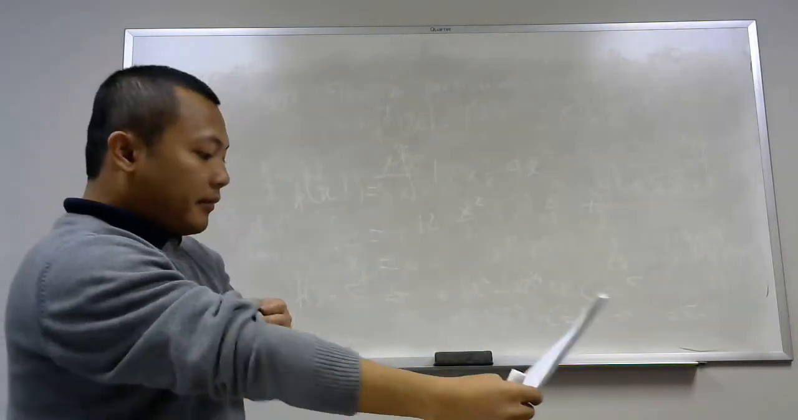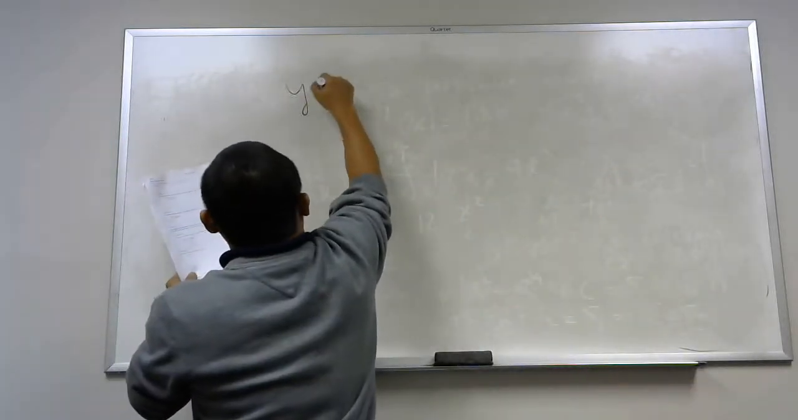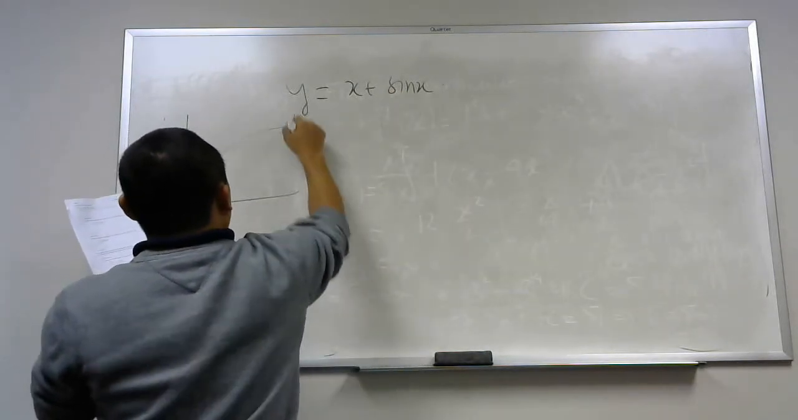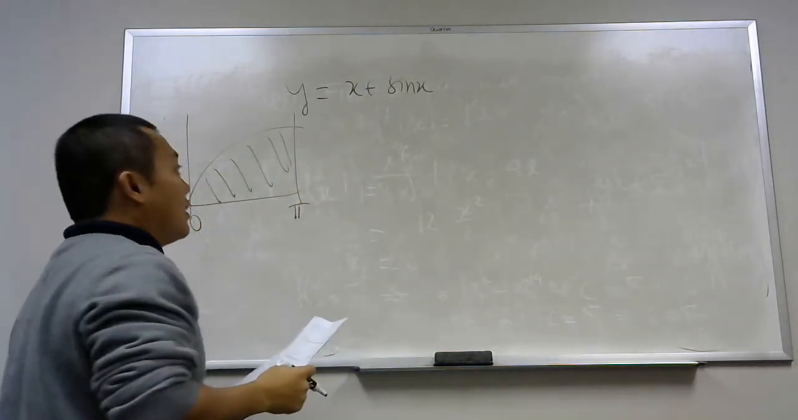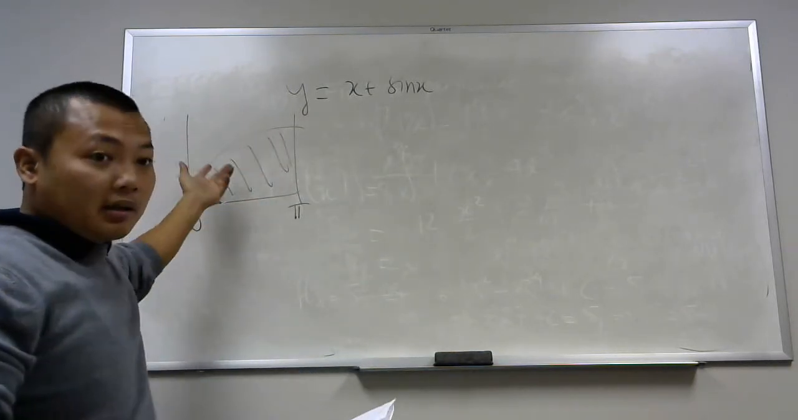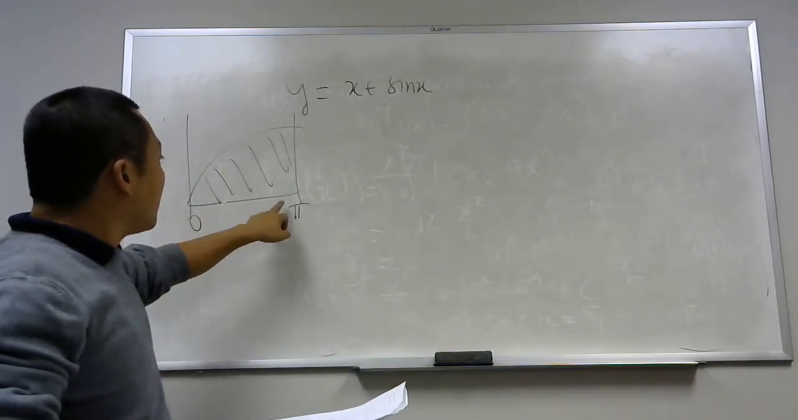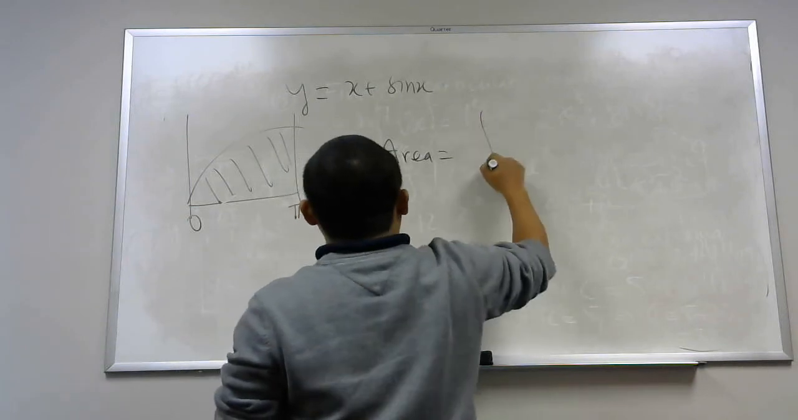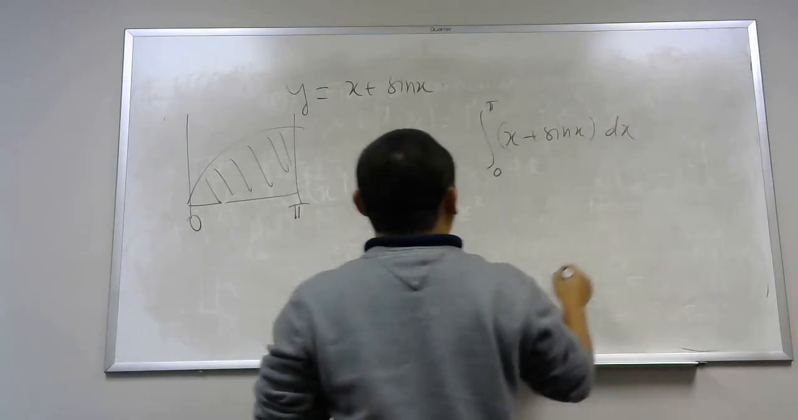Okay, next problem. Determine the area of the given region. Here the function is y equals x plus sine of x, and this is the region, the interval from 0 to pi. So for this problem, we are good because we know exactly the area of this region is positive, because the function is above the x-axis. The only thing we need to do is evaluate the integral from 0 to pi of this function. So the area is equal to the integral from 0 to pi of x plus sine of x dx,